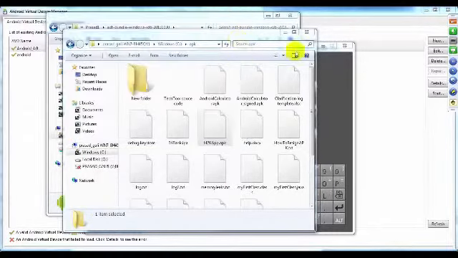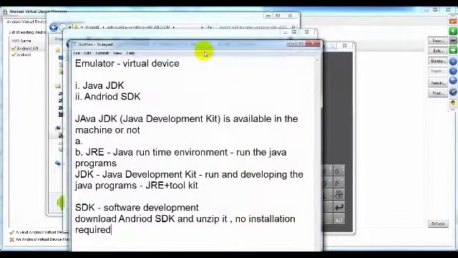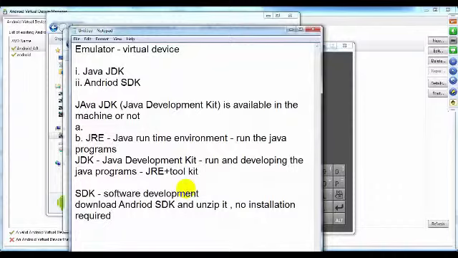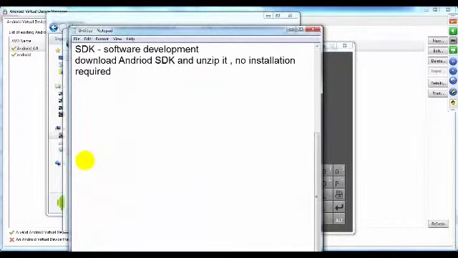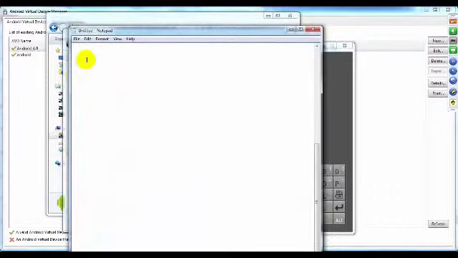Okay, then how to install this? Now please follow the steps. How to install the app in the emulator.